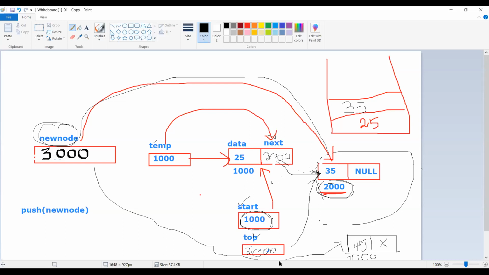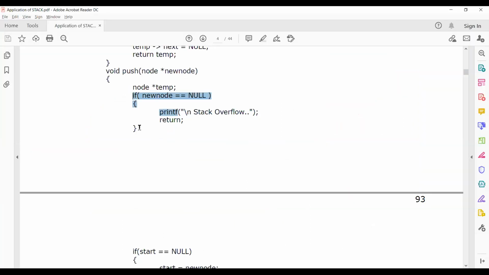Now what will you do? You will call the push function, right? The push function's first condition is what? If new node equal to null. Now, 3000 equal to null, right? So what happens? This will not work, because it is having 3000. 3000 equal to null, false.